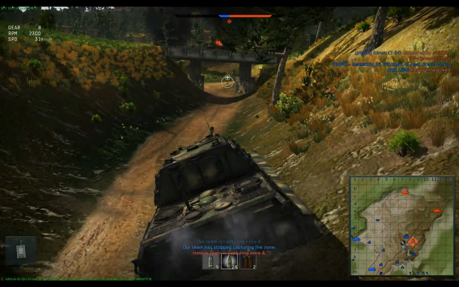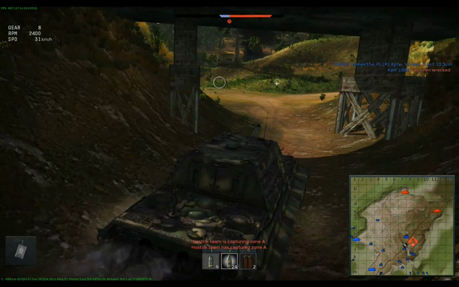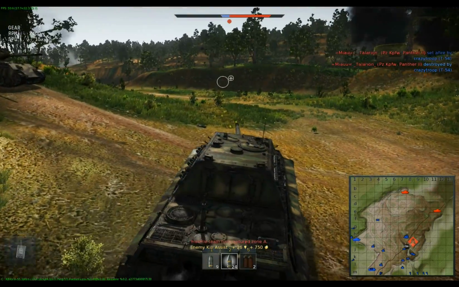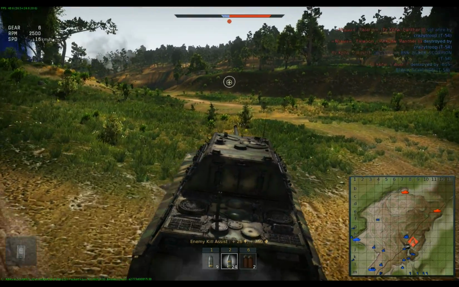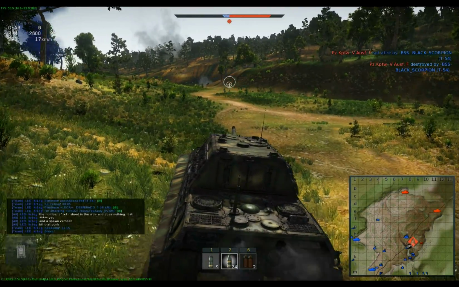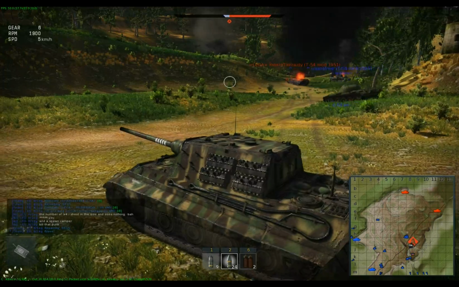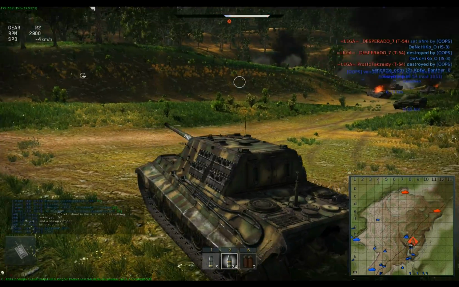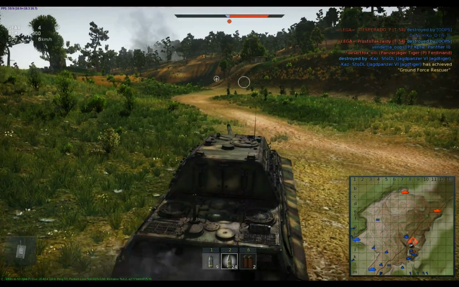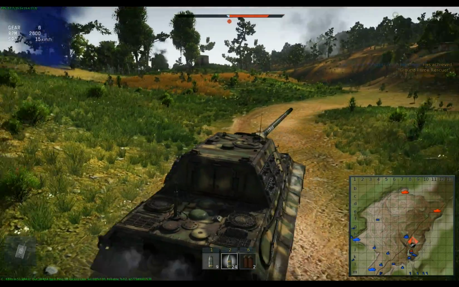We need to cap this zone, so let's go up and soak some damage for my team. I'm gonna try not to get too close to the T-54s because they can circle around me and take me out easily in close combat. T-44 on the side, T-54 at 3 o'clock here. Come on, we need that traverse. No, yeah, we're fine. Let's move up. T-44 right there. Let's hope he doesn't really...